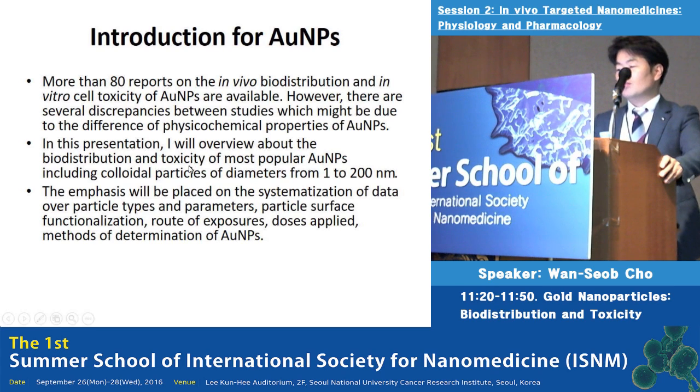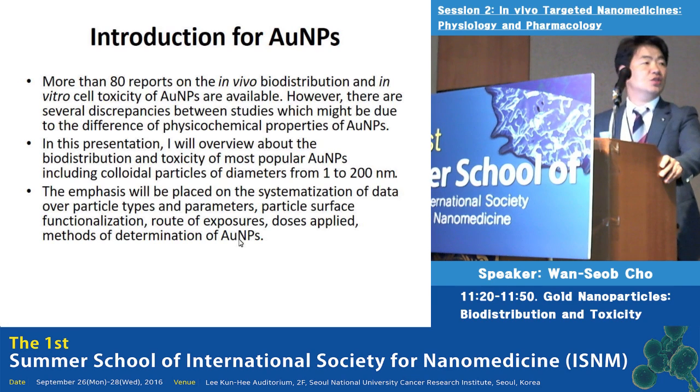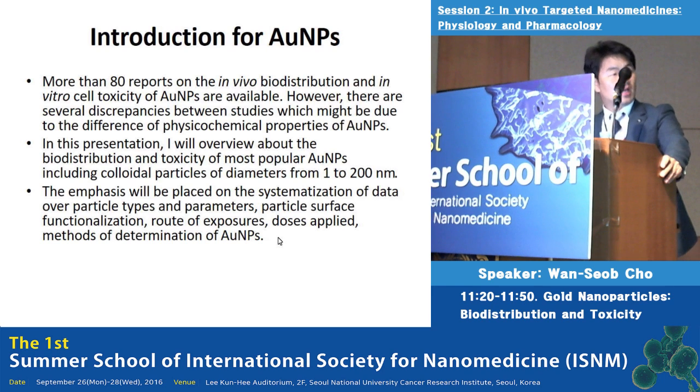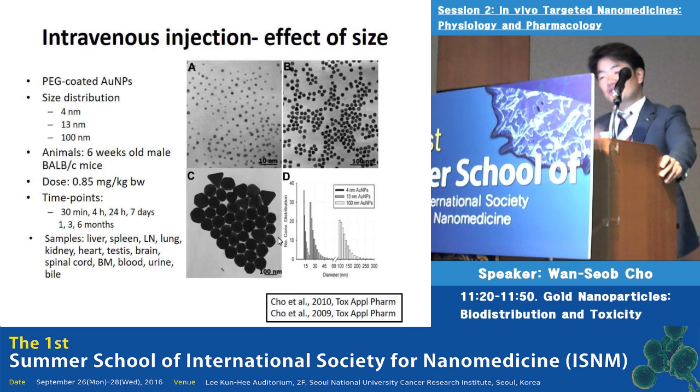including colloidal golds, sizing from 1 to 200 nanometers. I will place emphasis on the systemization of data by particle types and parameters, surface functionalization, route of exposure, dose applied, and method of determination of gold nanoparticles. So for intravenous injection,